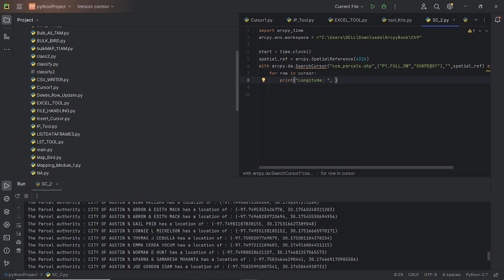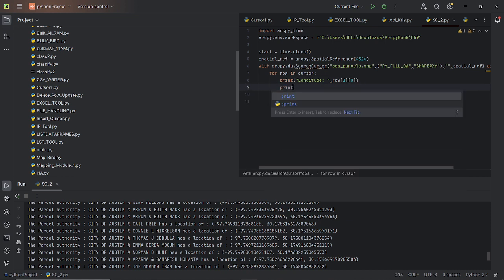So shape at xy is row of 1. So if you want to access, I said it is a tuple. So if you want to access inside a tuple, list and a tuple, you have to access the tuple first within the list, that is 1. If you want to access the x, then you have to give 0. Okay, so it's a double index notation,